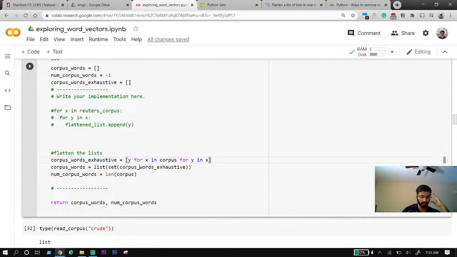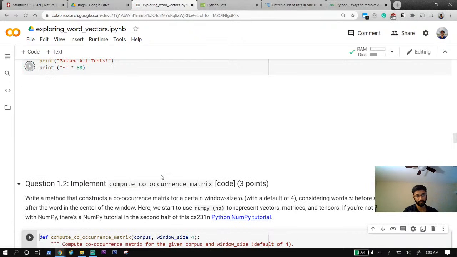Then remove the duplicate words, so I am making this a set, which will remove the duplicate words, and then back to a list, and then calculating the length of the corpus, which I believe should be corpus words. But yeah, definitely struggling through this, because in the test code